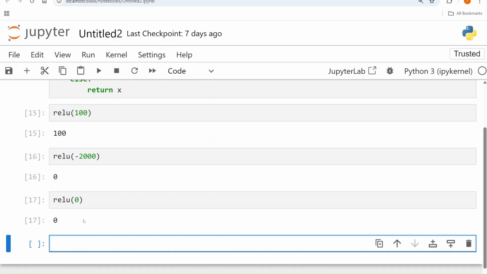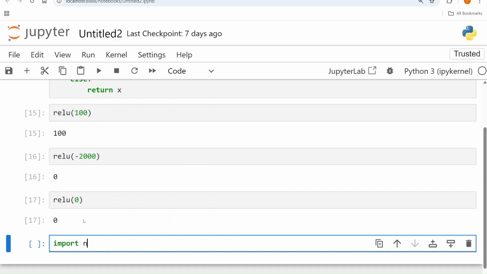Now let us try to do the same thing but for a list or an array of numbers. Here we were just giving one number to the ReLU function. It was giving an output, but let's say that we have a list of numbers or an array of numbers, and for that we have to apply this ReLU function. So how is that going to work? For this I'm going to use the vectorize operation from the NumPy library.